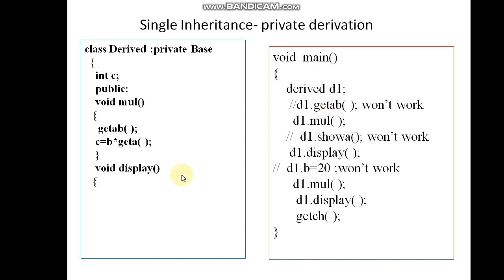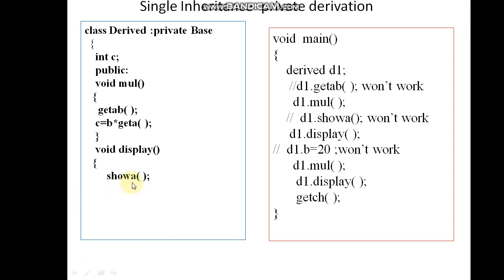The display function displays the value of A. But A is a private member of the base class. We cannot access it directly here. We can call the showA function, and it's a private member function. It can be called